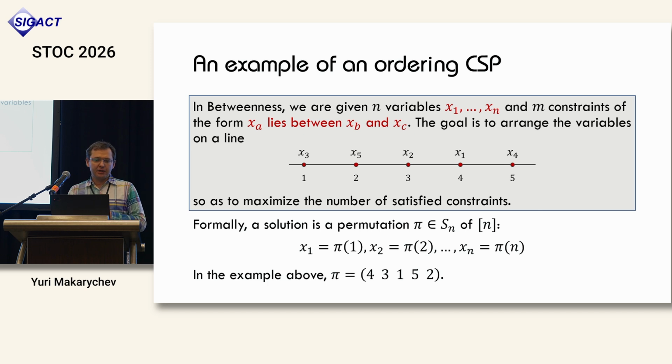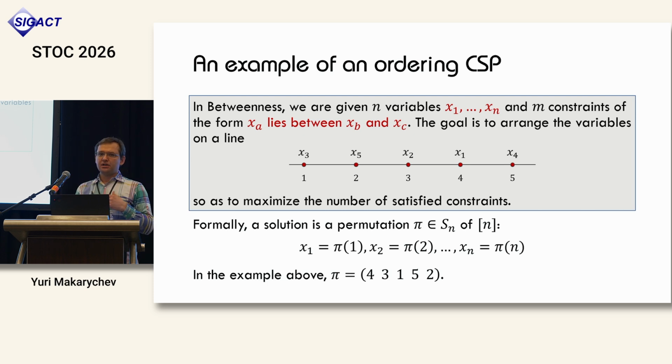In this problem, we are given n variables, x1, etc., xn, and m constraints, and all constraints are of the following form: xa lies between xb and xc. Now, the goal is to arrange the variables on a line like this so as to maximize the number of satisfied constraints. And formally, let's say that the solution to this problem is a permutation pi of length n, and